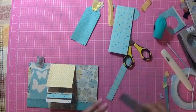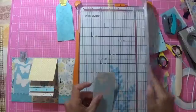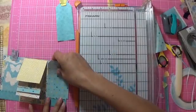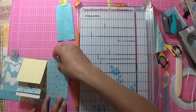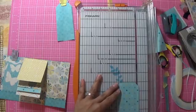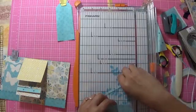I'm trying to decide which one I like best. So I apologize, I'm trying all different types of ideas here. So what did I say that was? Okay. We are going to make it 2 1/4. Okay. And then we're just going to